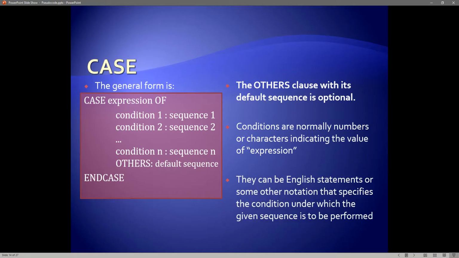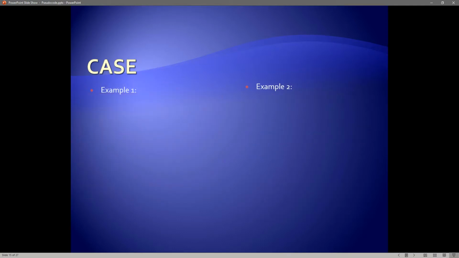So they can be English statements or some other notation that specifies the condition under which the given sequence is to be performed. So it could be something just written verbally, as long as it's clear, short, and concise. I'm going to give you some examples that clarifies this a little bit. First example,